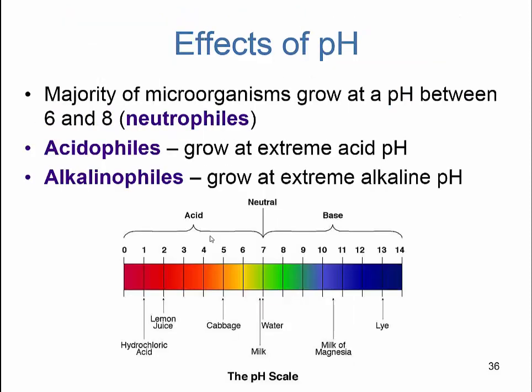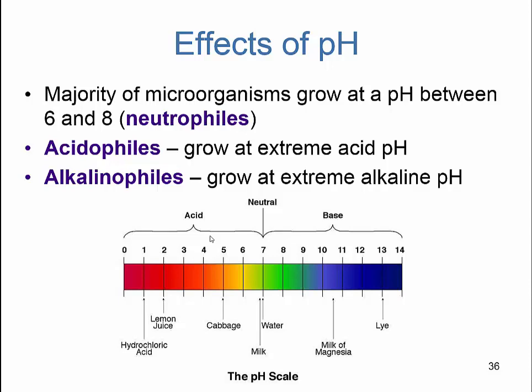The effects of pH. Along our body, we have all sorts of different levels of pH. Our skin is slightly acidic. We have a lot of acidity in our stomachs. The vaginal cavity is actually at a pH of about 2. And so we have microbes all over our body. We have bacteria covering nearly every surface. And so these microbes need to be able to thrive within extreme pH exchanges.